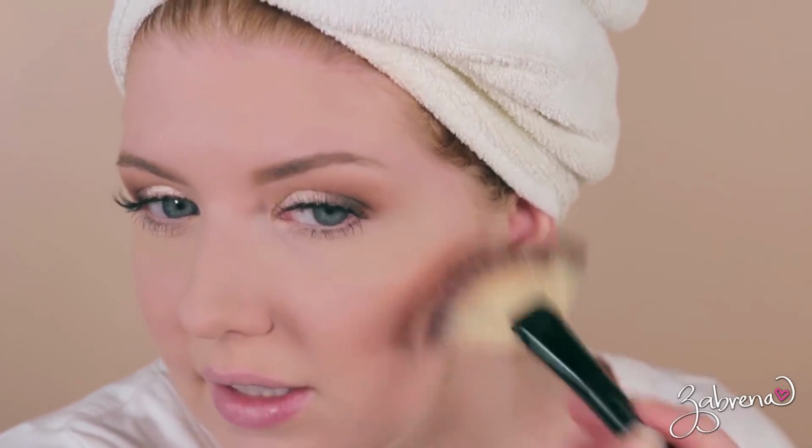Goodness, look at that. Peach and gold eyes. Oh, yes. Oh, that's pretty. It's got a subtle glow to it. A little bit of highlighter already in it. Gorgeousness. Okay, for the highlighter palette that I have to share with you, this is the one that was done